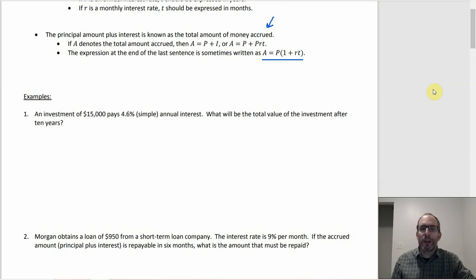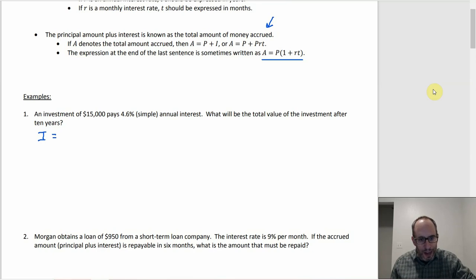Okay. You could do this a couple of different ways. You could go right for the amount of money accrued and do it all in one shot, or you could get the interest first and then add it to the principal. I think for the first example, that's the way that I want to go. So just use the interest formula directly and say that I is going to be equal to P times R times T, because here the 15,000, that's P, right? That's the principal amount being invested. The 4.6% is R. We just have to convert it into decimal form. And then T is the 10. So we're going to end up with 15,000